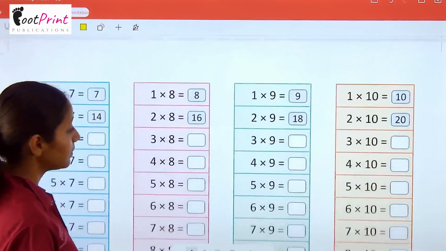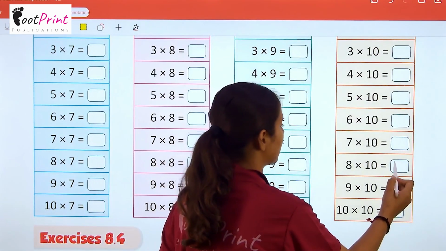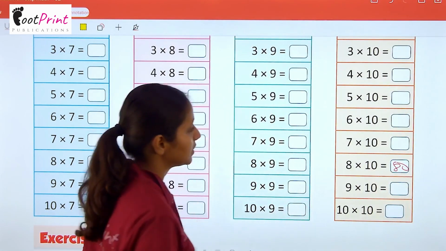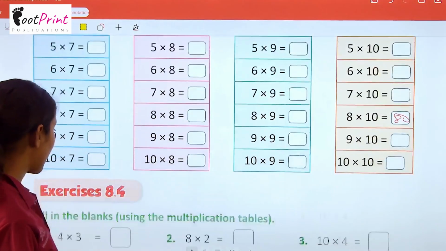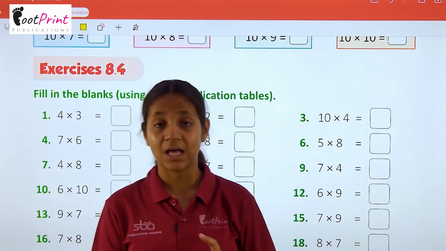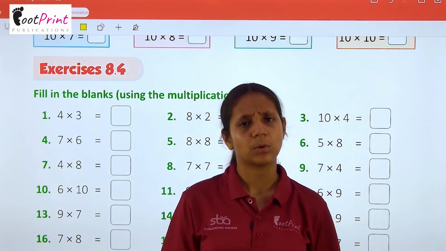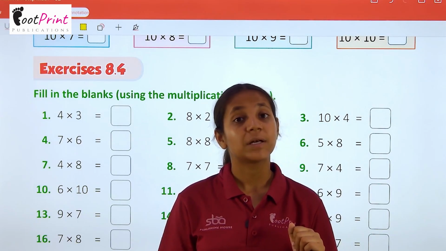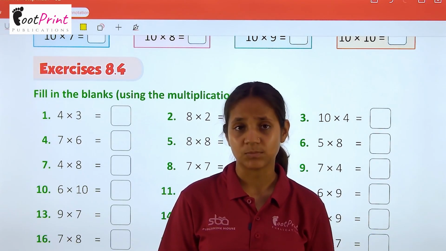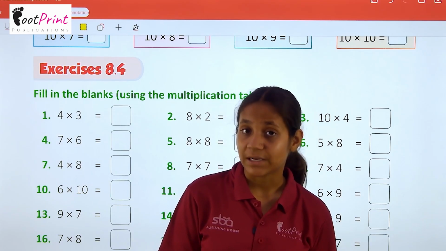By simply multiplication. Now simply when we multiply with 10, the answer is 80, 90, 100. Okay. Now we have exercise 8.4. After filling the tables, you all have to learn it properly because these are very important to do the multiplication sums, to do any sums, because these are also repeated addition. This will make it easy to do the addition sums also.